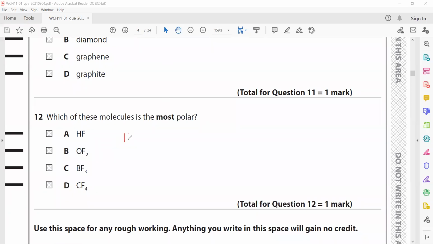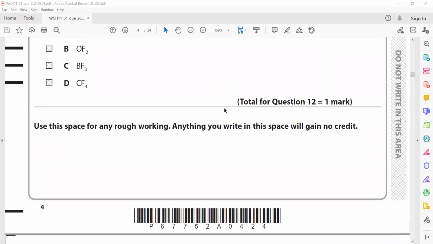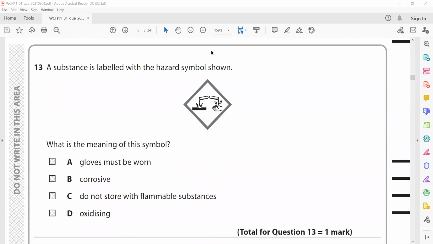When hydrogen is bonded with the most electronegative element such as fluorine, the molecule will be the most polar, because hydrogen is less electronegative and fluorine the most electronegative, it causes more distortion to the ion, so that's why it tends to form hydrogen bonds. But in other cases, hydrogen is bonded with oxygen, carbon and boron, which have relatively less electronegativity, so the difference of electronegativity will be smaller. This is a symbol in the lab which is used for substances which are corrosive.